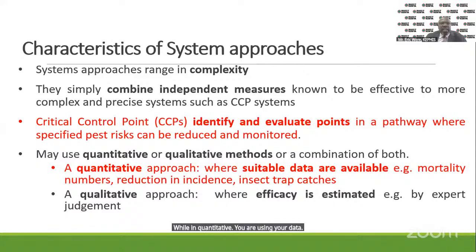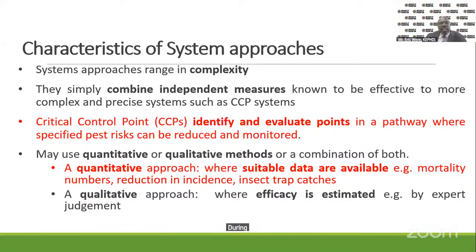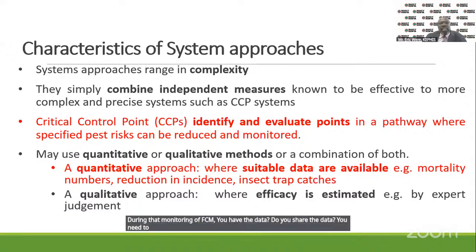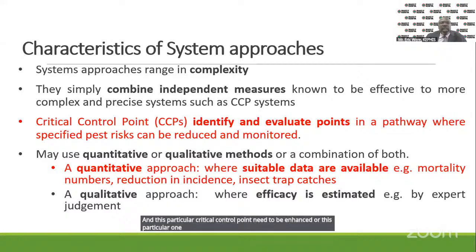This is the evidence that you have. And this is the evidence that we are always asking all exporters during that monitoring of FCM: do you have the data? Do you share the data? You need to share that data every week for us to be able to say that indeed this system is working or this system is not working, and this particular critical control point needs to be enhanced, or this particular one is not a critical control point, so we need maybe to reduce it now just to a control point. So all these things need to be considered, and they are very key characteristics in our